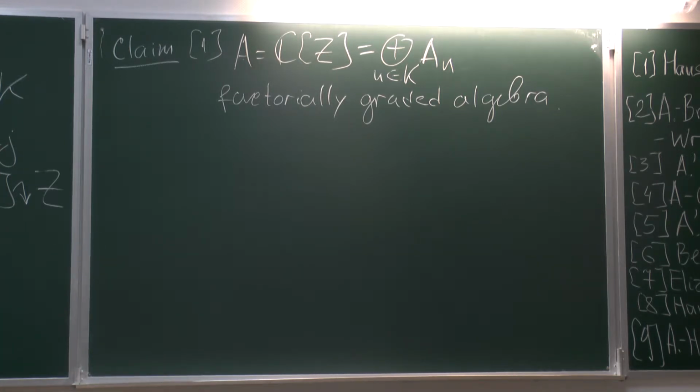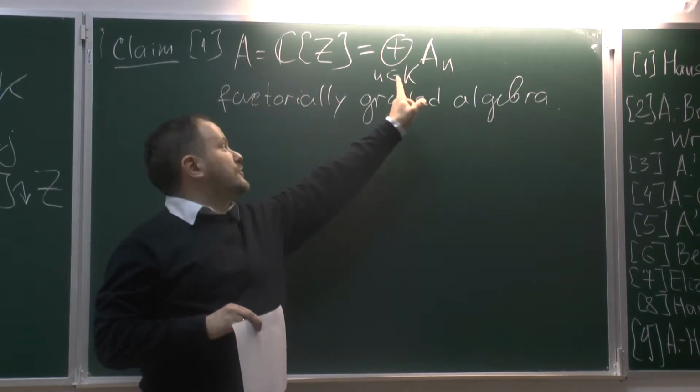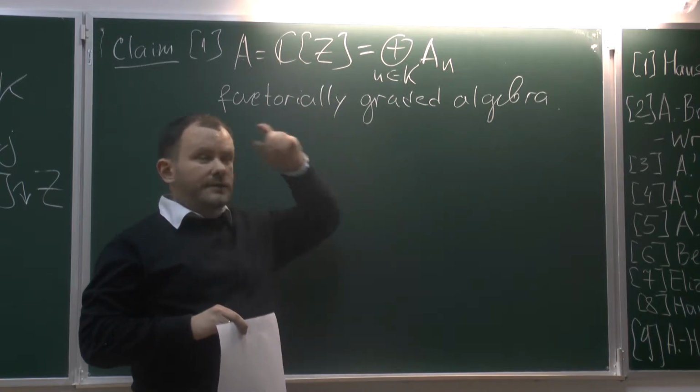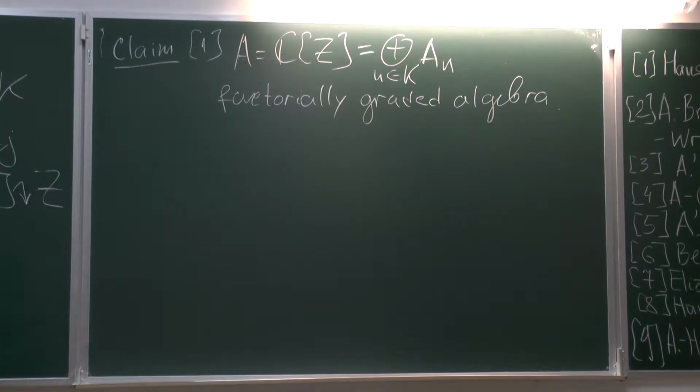But you can ask when this algebra is indeed factorial, not only on the level of homogeneous elements, but for any elements. And it is known, it is an algebraic fact, that if you have some algebra which is graded by some finitely generated abelian group, then if this group is free, if this group is a lattice, then such graded factoriality implies usual factoriality. And in this case, especially for trinomial hypersurfaces, these conditions turn out to be equivalent. So my section 3 is about factoriality and the claim.